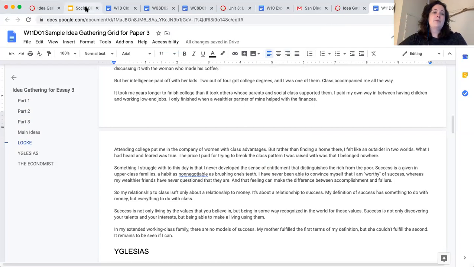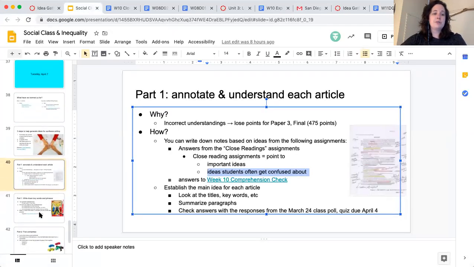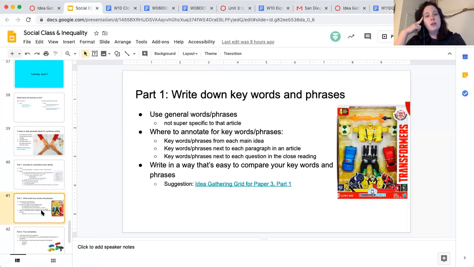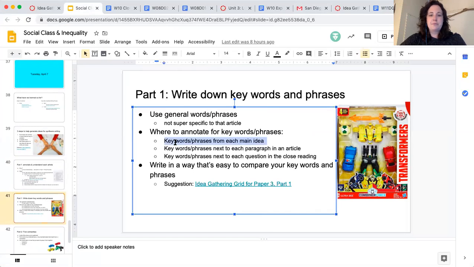So right now, we're doing this first part. We're reading and understanding each article, or annotating and understanding each article. We're looking at the different questions, the main ideas, and the paragraphs, and trying to find keywords and phrases. Again, keywords and phrases from each main idea, keywords and phrases next to each paragraph in an article, and keywords or phrases next to each question in the close reading